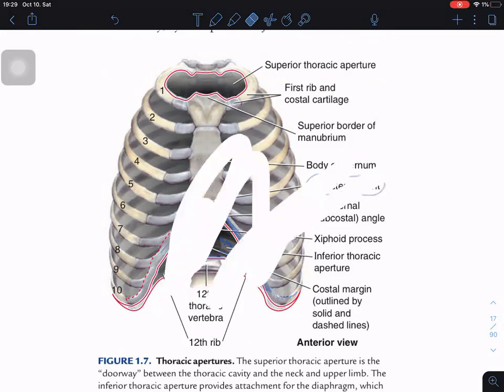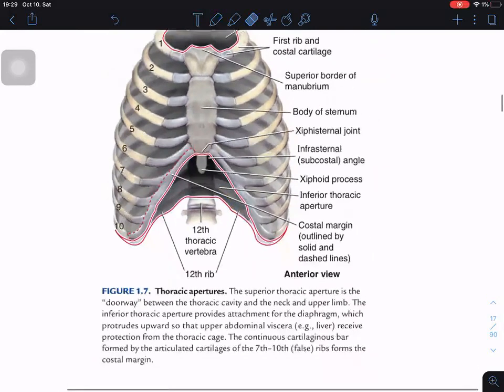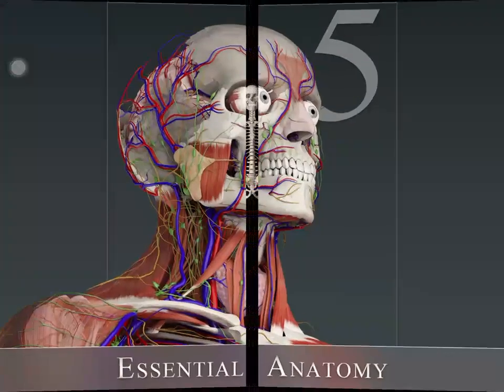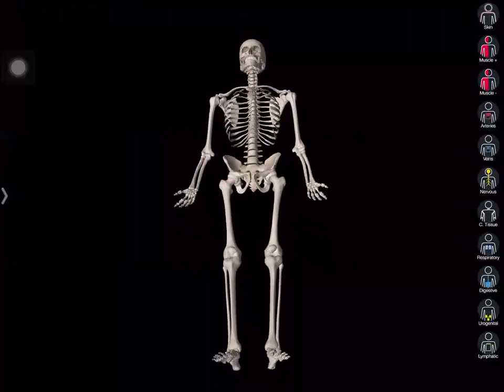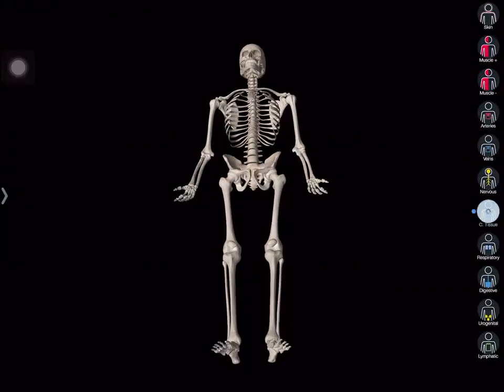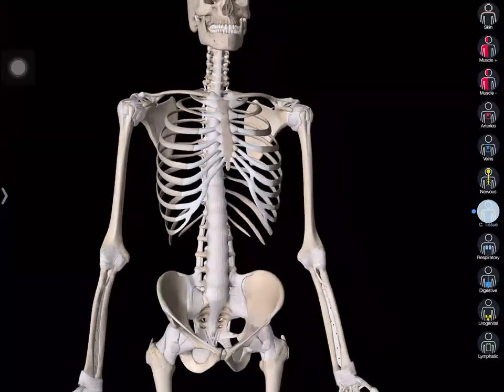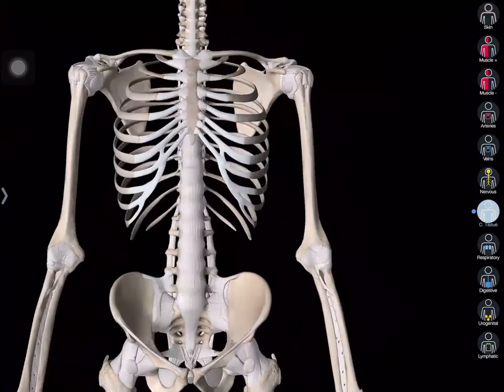All right. So these are just theories. Most probably they're not going to ask you. So just to show you over here, a fine picture of the inferior thoracic aperture. So if I add up the connective tissue, we get to have all the, let's say, structures that we need. So then over here,